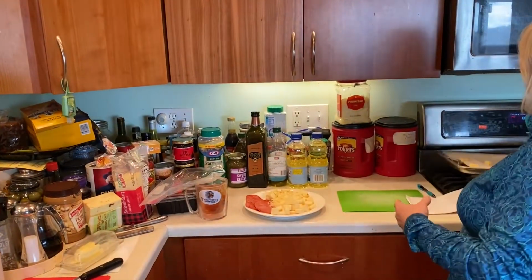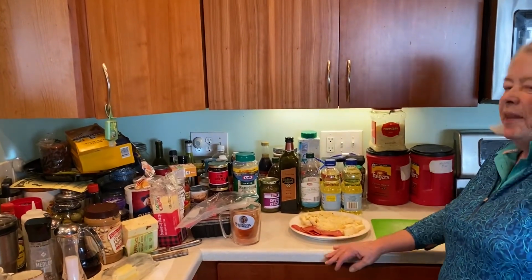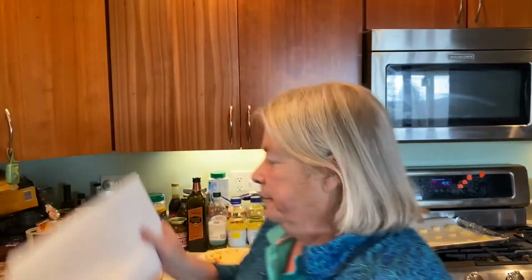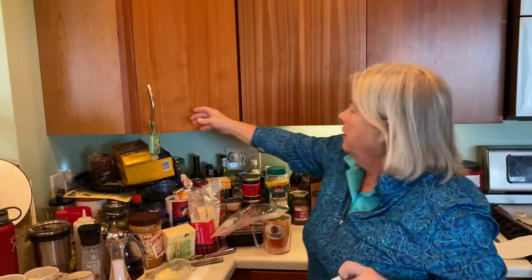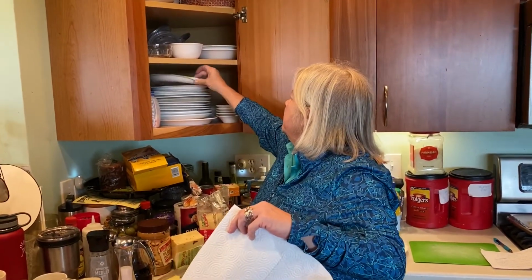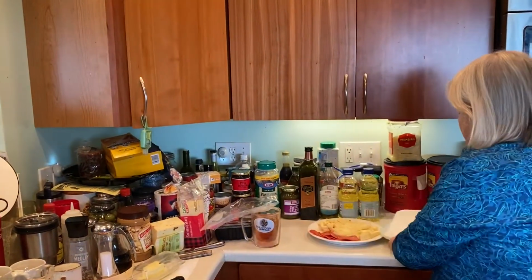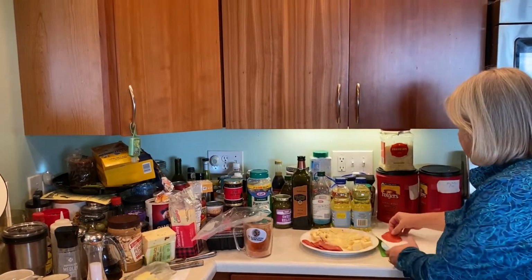In the meantime, what are we going to do with our sandwich pepperoni? Well, this is the easiest of all. Excuse me, I'm going to get very important paper toweling. Hopefully everybody has that in their house. And a paper plate. Put the toweling on the paper plate, and then we're going to take the sandwich pepperoni and we're going to